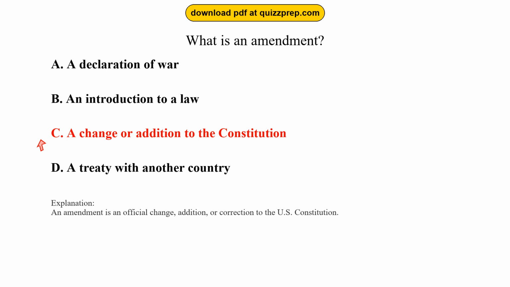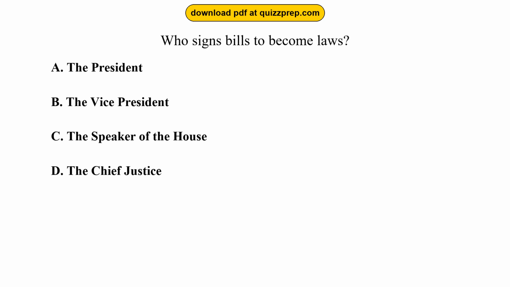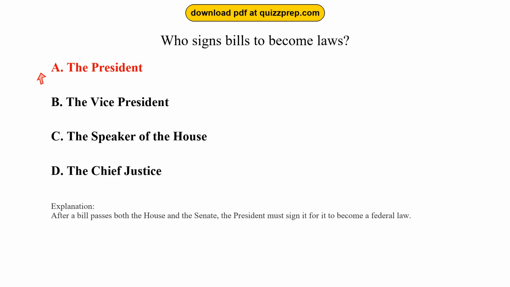Constitution. Question 6. Who signs bills to become laws? Option A, the President. Option B, the Vice President. Option C, the Speaker of the House. Option D, the Chief Justice. The correct answer is option A, the President. After a bill passes both the House and the Senate, the President must sign it for it to become a